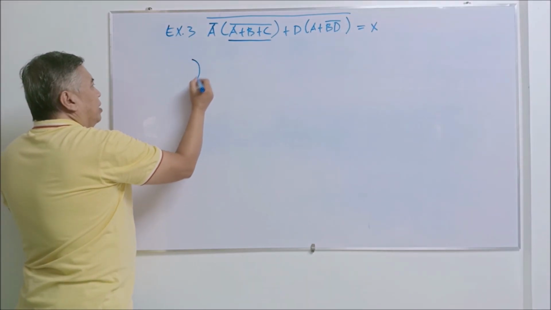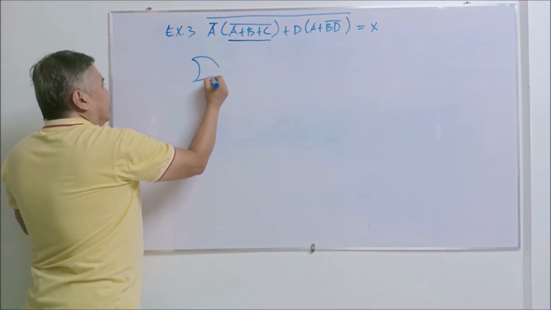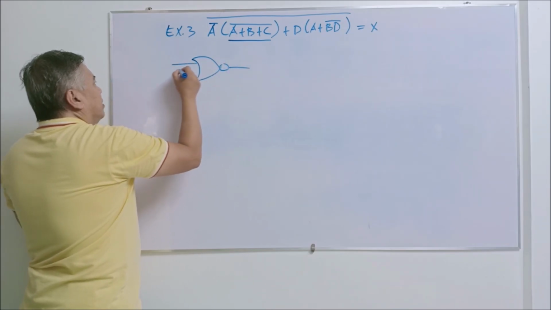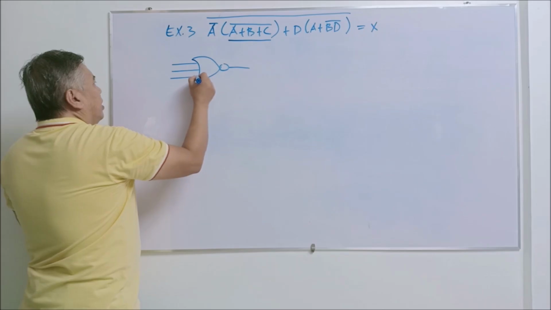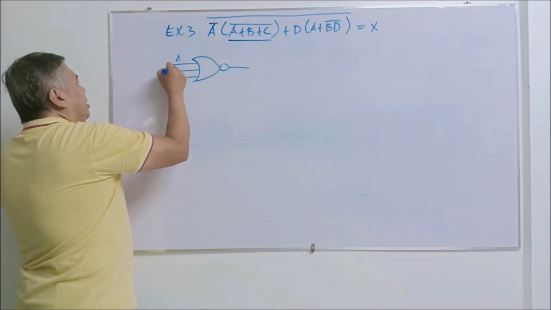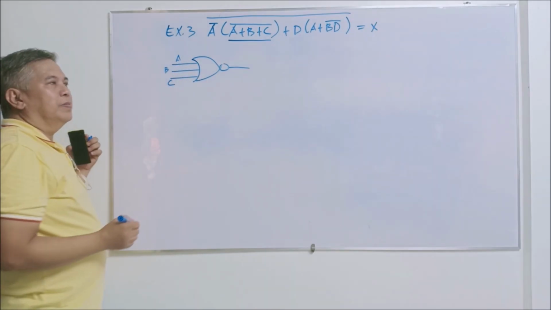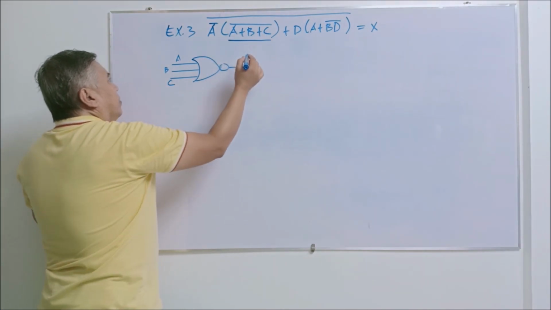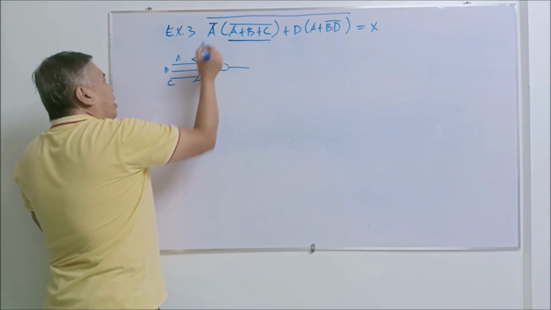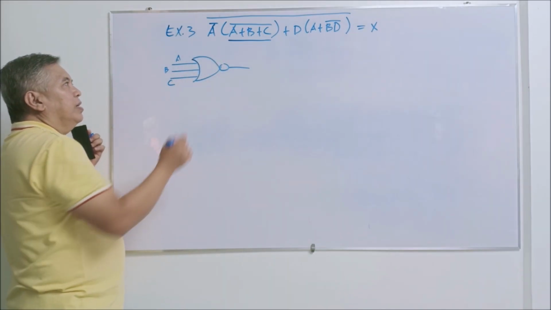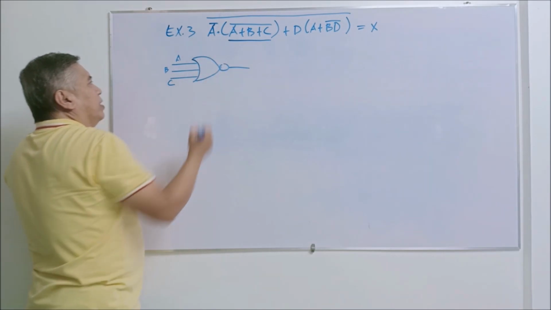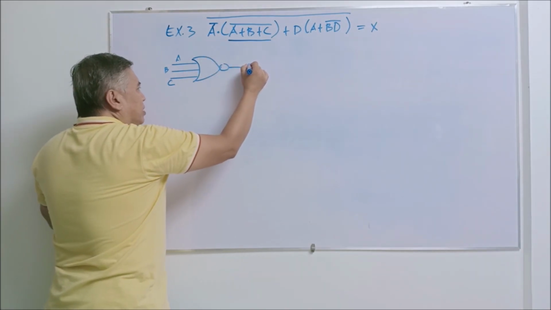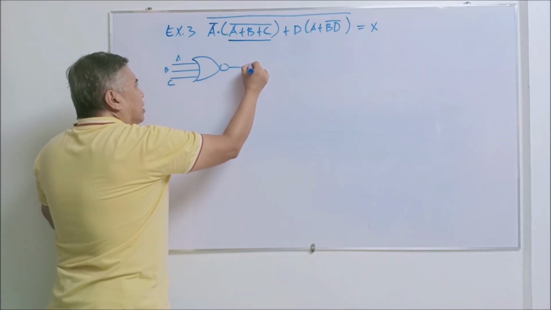Now, from our previous discussion, this particular equation can be represented by a NOR gate, no? So we have here a NOR gate. Okay, a NOR gate has a bubble at the output part. You have inputs A, B, and C. Okay, then this particular equation is being ANDed to A complement. So they are being multiplied together. So multiplication, you represent that with an AND gate.